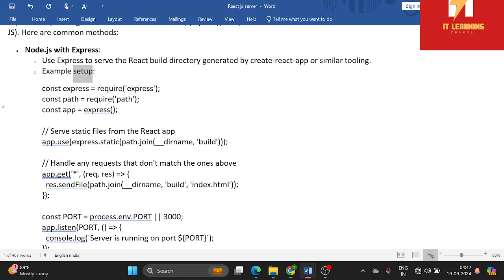Example setup. const express = require('express'); const path = require('path'); const app = express(); // serve static files from the React app app.use(express.static(path.join(__dirname, 'build'))); // handle any requests that don't match the ones above app.get('*', (req, res) => { res.sendFile(path.join(__dirname, 'build', 'index.html'));